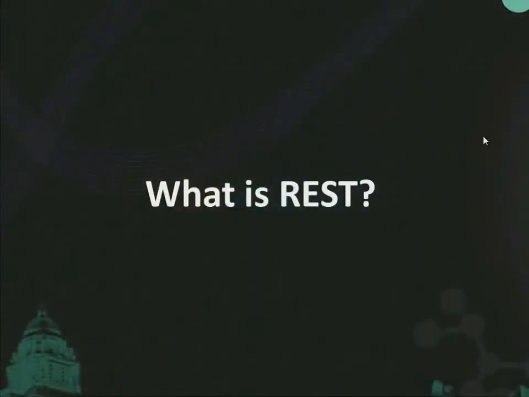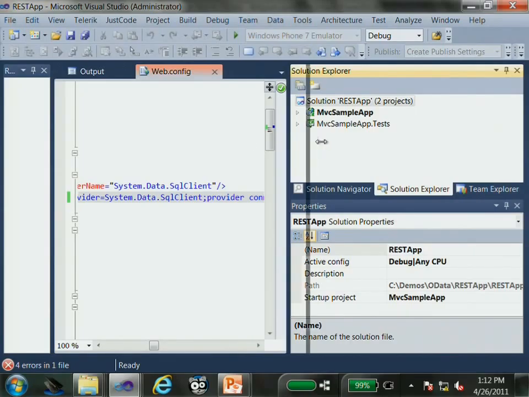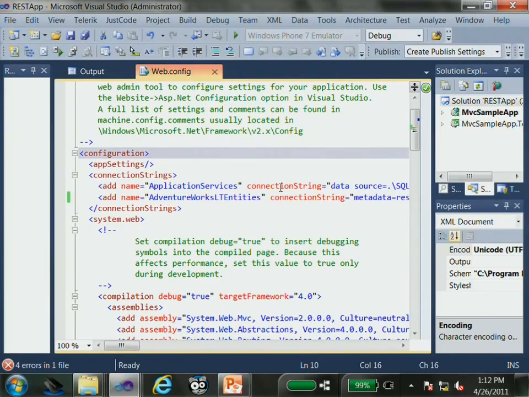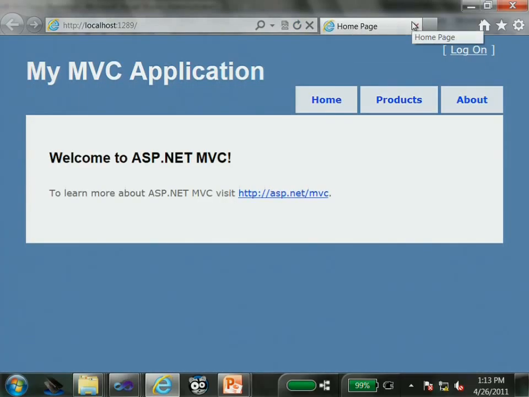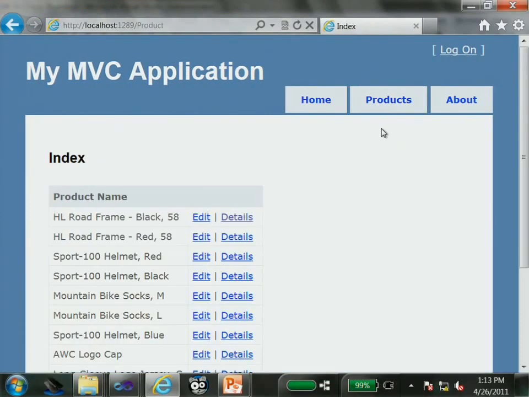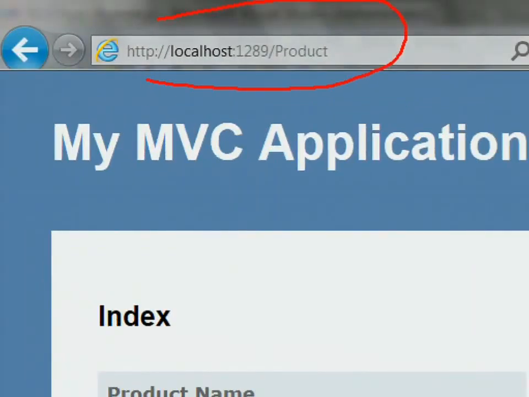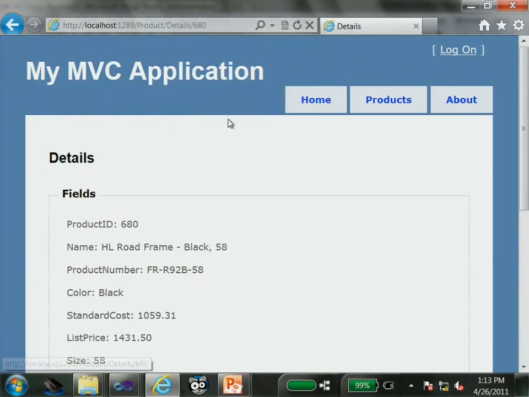So to describe REST, I really like to show MVC versus non-MVC. This is a very small little demo application. It's using ASP.NET MVC. Hopefully it will run. Okay. There we go. The root URL is on the screen. We don't have any of these default .aspx's. I click on products. I'm taken to a product screen. This represents a resource in the system, by the way. I see a list of products right here. I click details on this one product, and I get